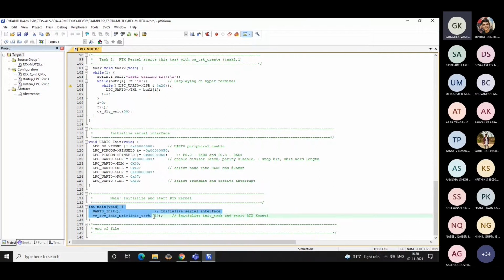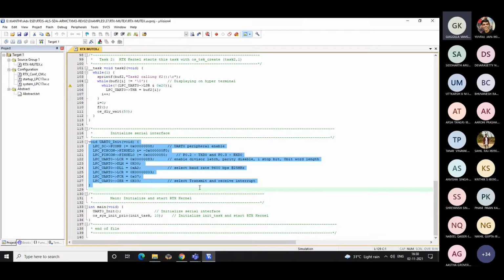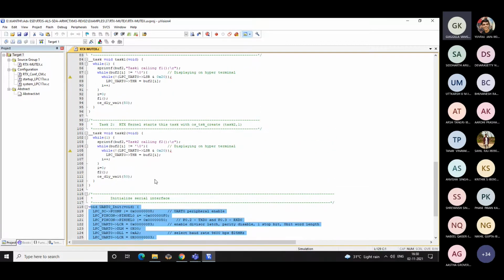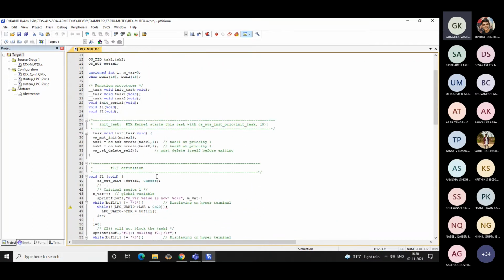Here, when I start with the main, there is a UART initialization because you're using UART, and there is a system initialization function with the priority given, and this is your UART initialization function. So we don't have much changes over here, the same, and we have an initialization. Anyway, these things I don't want to explain again and again. Function prototypes, and an additional thing we have here is calling to more functions. These functions are called in the task.